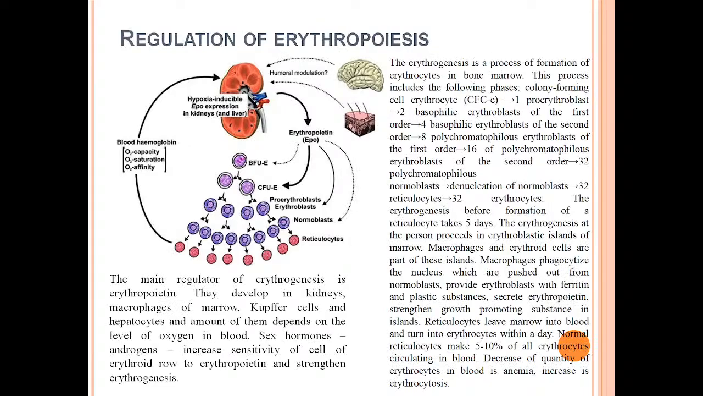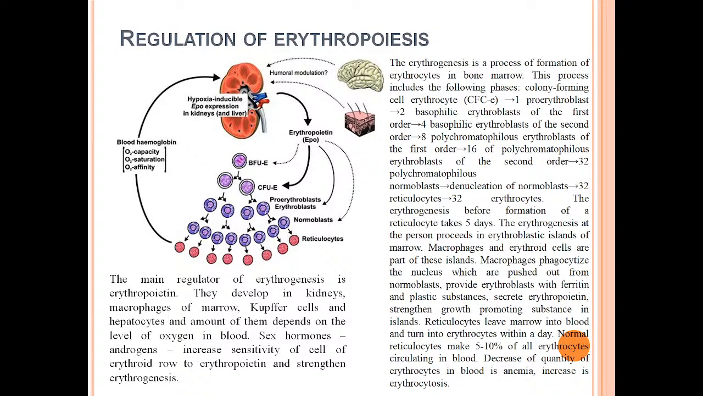Next question, regulation of erythropoiesis. The erythropoiesis is a process of formation of erythrocytes in bone marrow. This process includes the following phases: colony-forming cell erythrocyte, next one proerythroblast, next two basophilic erythroblast of the first order, basophilic erythroblast of the second order, next polychromatophilic erythroblast of the first order,